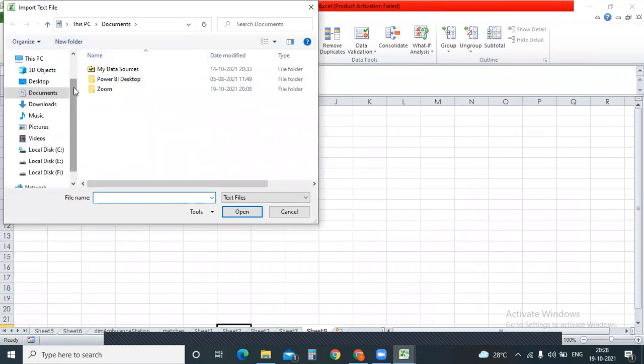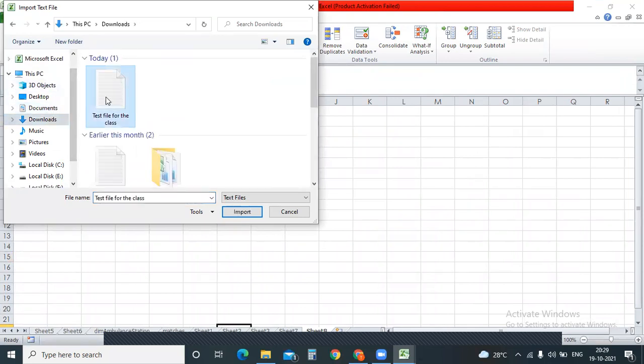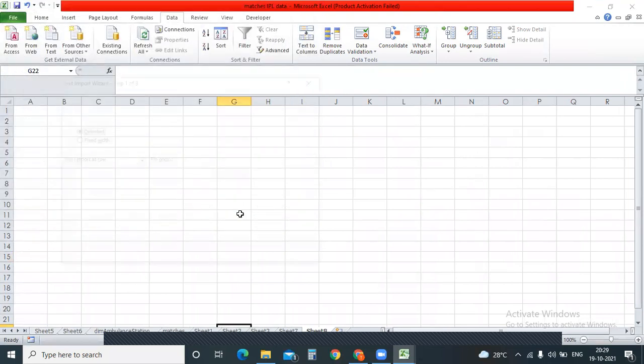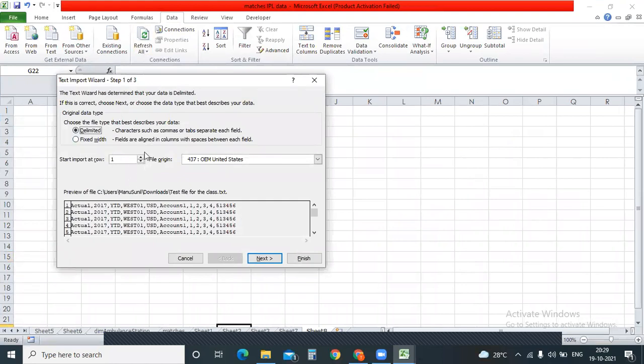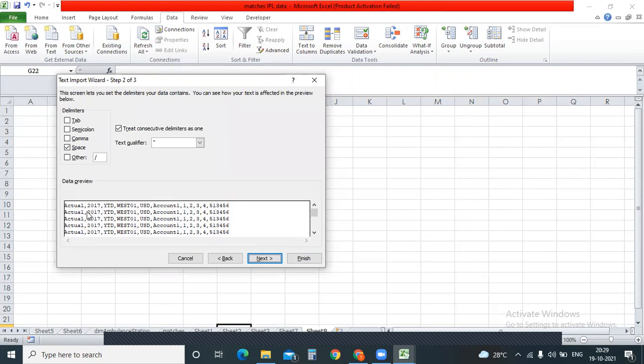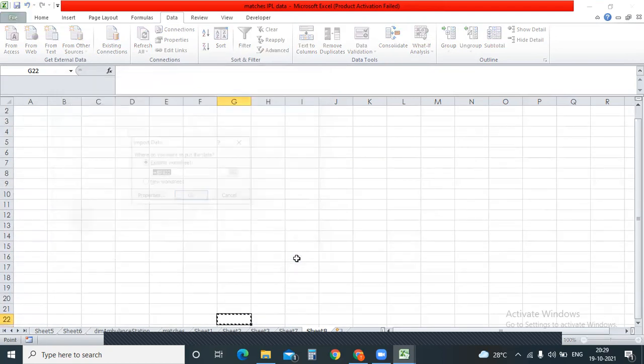It will ask you where is that particular file. So it is in the download file. This is the file, and just click on import. So now when you click on that import, can you see here, because the data is in a different format, commas are there, a lot of data is there. Now how do you want to clear it out? I'll go with delimiter, fixed width, which is the appropriate one. Delimiter. Yeah, next. So which delimiter am I using right now in this data? Comma. And just click on next and finish.